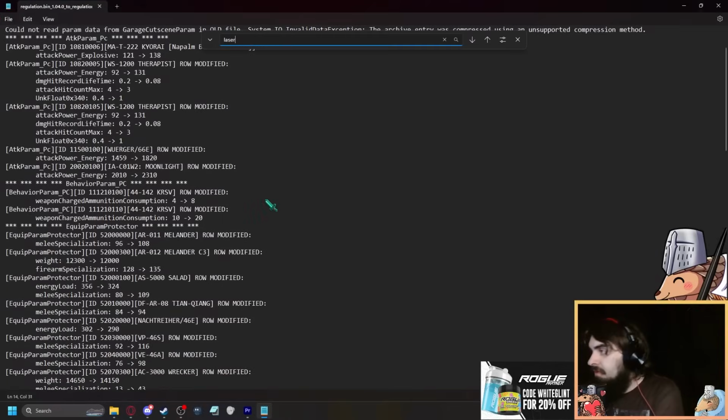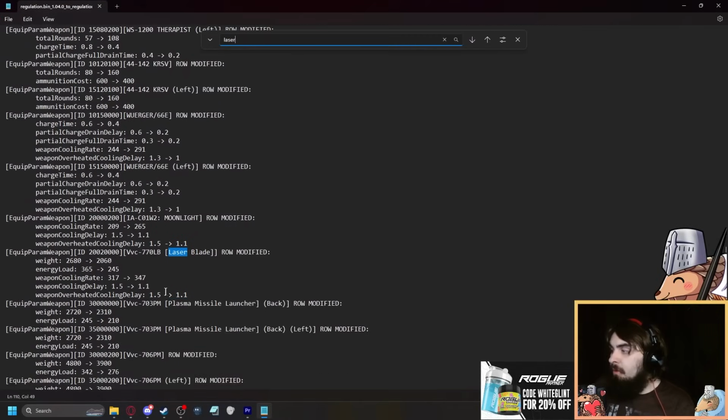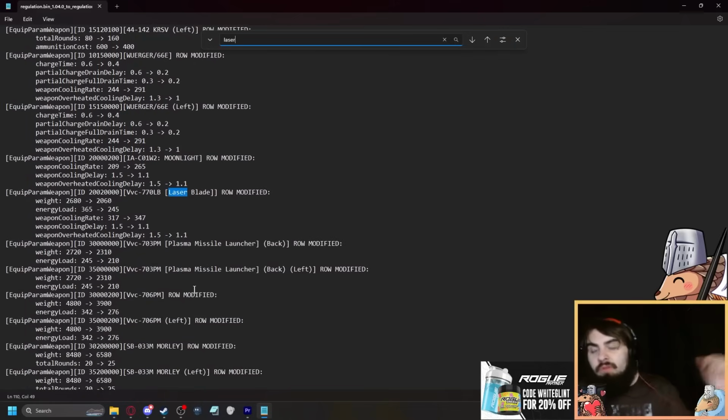So let's actually look up laser blade real quick. These are, by the way, the detailed patch notes. You can find them in my Discord, link down below. The lovely people in there, Researcher and Aphrodite, have already grabbed them. Researcher, I believe, is the one who grabbed them from